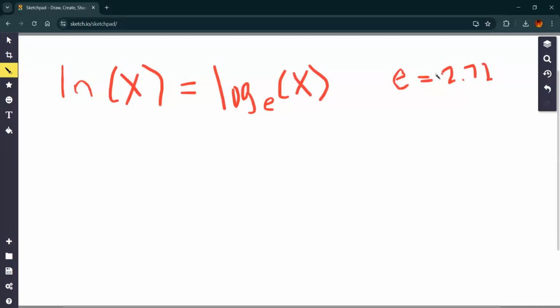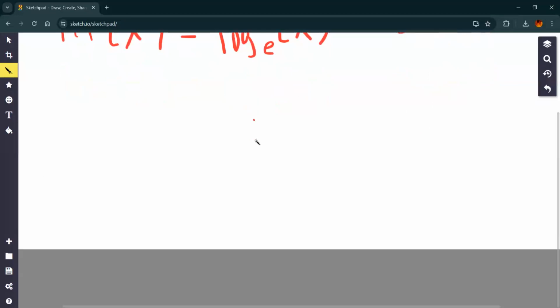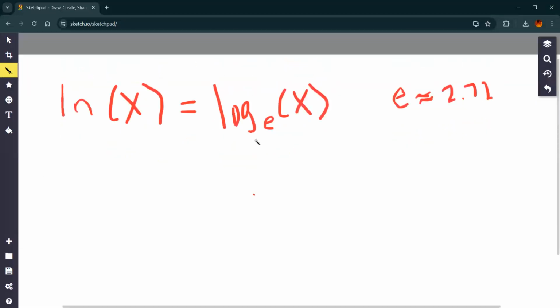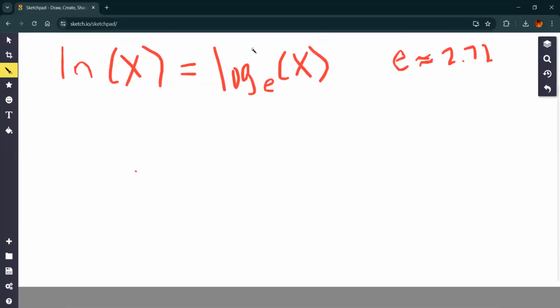Sorry, 2.72. I shouldn't have doubted myself. 2.73, that 273 is a number. That's probably why I thought that first, because that's a number that sticks with me. But anyways,